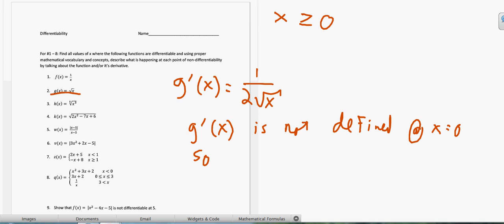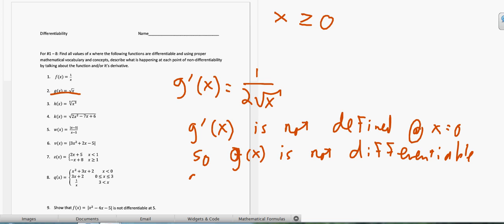So this is g of x, not differentiable at x equals 0. Now, if you really want to find out what's happening there, the reason it's not differentiable is kind of twofold. The first reason is because root x starts at 0, and in order for something to be differentiable, the